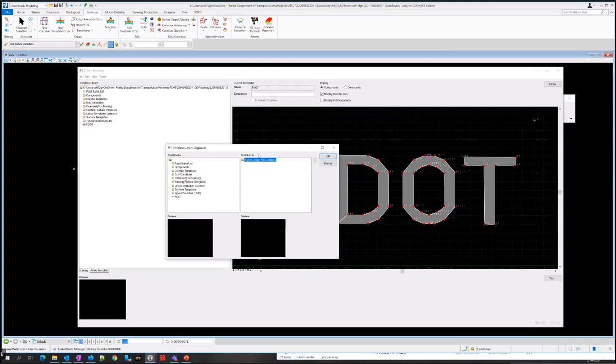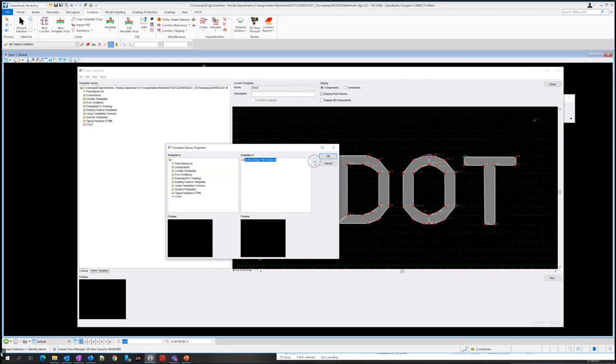You can do that. There's a separate command to synchronize the template over here. It's the lightning bolt under miscellaneous. So that'll go the other way. If you edit in the template library, after you've already applied it, you synchronize it, and it'll update the changes in your design file. Caveat being, if you synchronize it, having made changes in the design file, it will override it. It'll give you a warning about that too. That's when you might want to use template library organizer to correct that. But in this case, we're just trying to bring in some new ones from a different ITL file.